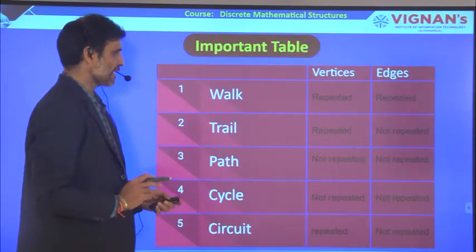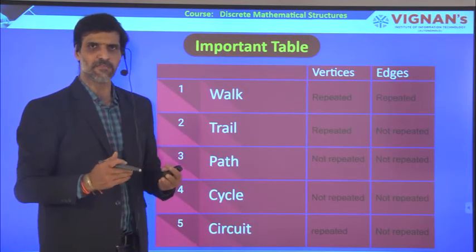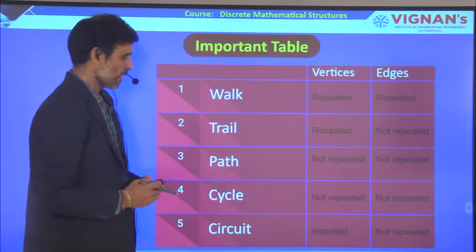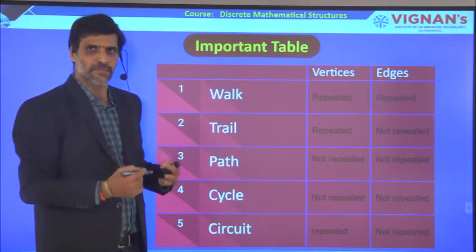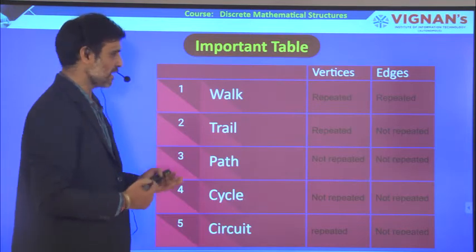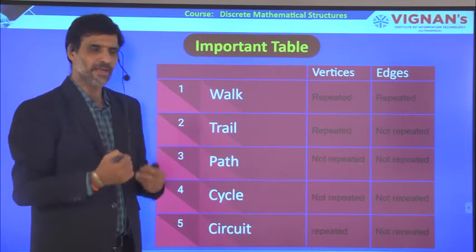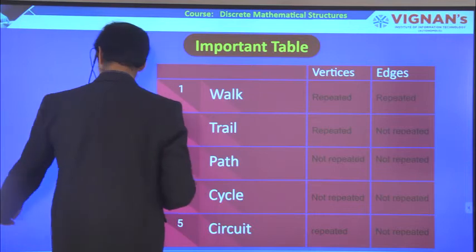You might get confused about the difference between these four terms which we have defined till now. So let us quickly recollect the four terms, based on their vertices and edges, and how we define a walk. Coming to the case of a walk.